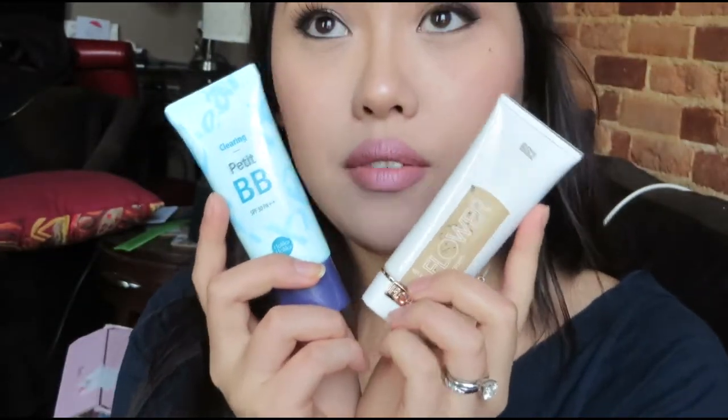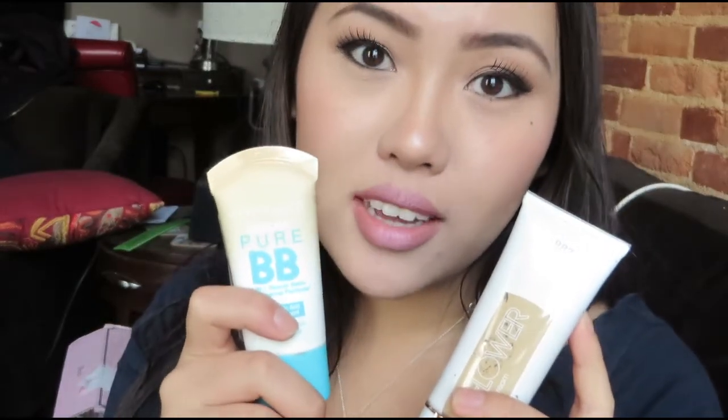I would say that these two have the same lasting power. The only difference is that the Flower one tends to sink into your lines and the Holika Holika one doesn't as much. However, the Flower BB creams do have at least 4 shades, and so that's a wider range if you're lighter or darker. But keep in mind, again, BB creams are often yellow toned. The Maybelline is also mostly yellow toned. So to give you an idea,